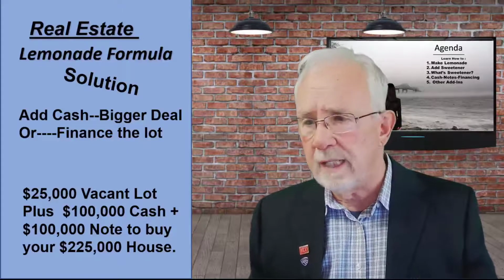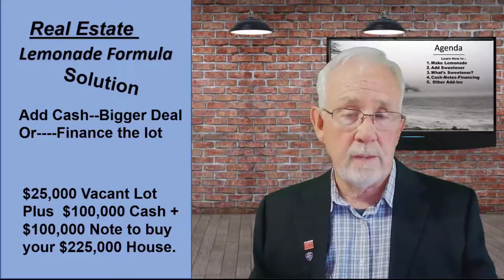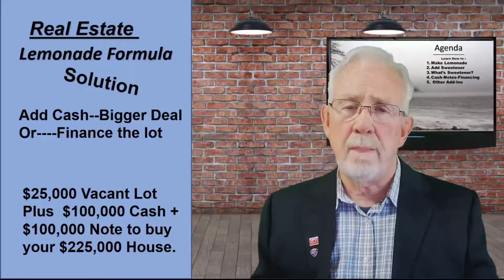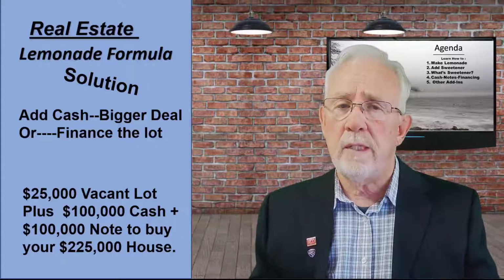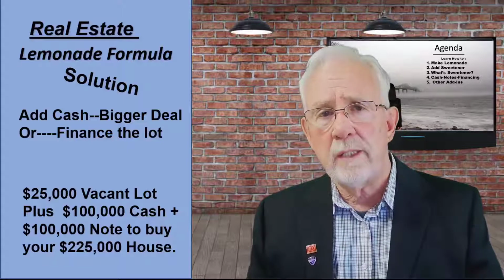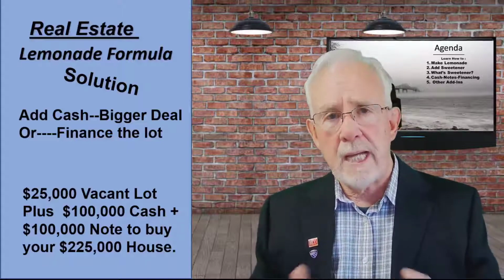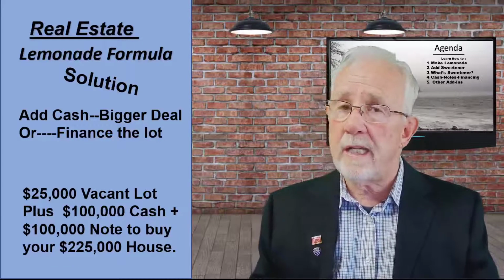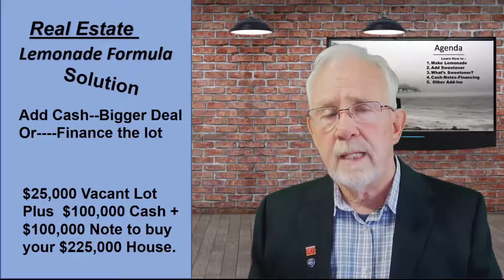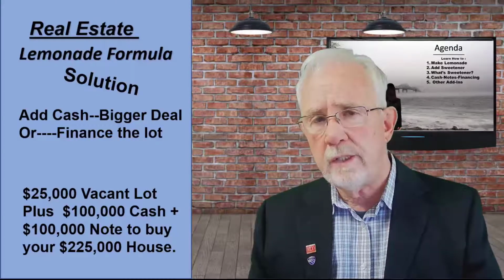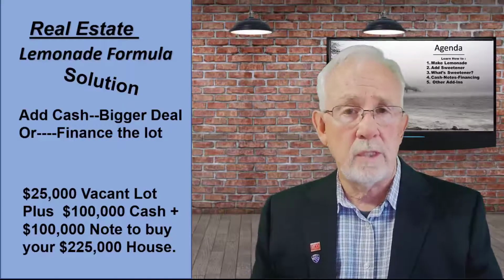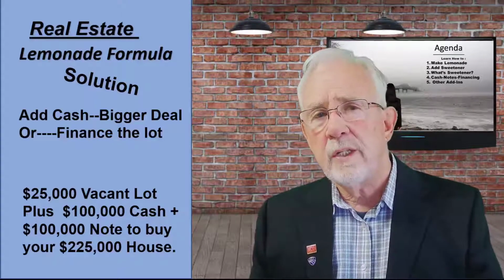So identify the lemon. Now, one solution, which is a very popular solution, is you go to the seller and say, Mr. Seller, can you add $100,000 cash to this lot, and let's go out into the marketplace and buy something. Now we've got $100,000 cash and we got a $25,000 lot that we don't want. And let's say you go to a larger town and you find a house that's worth $225,000. You approach the seller or the broker and say, I've got